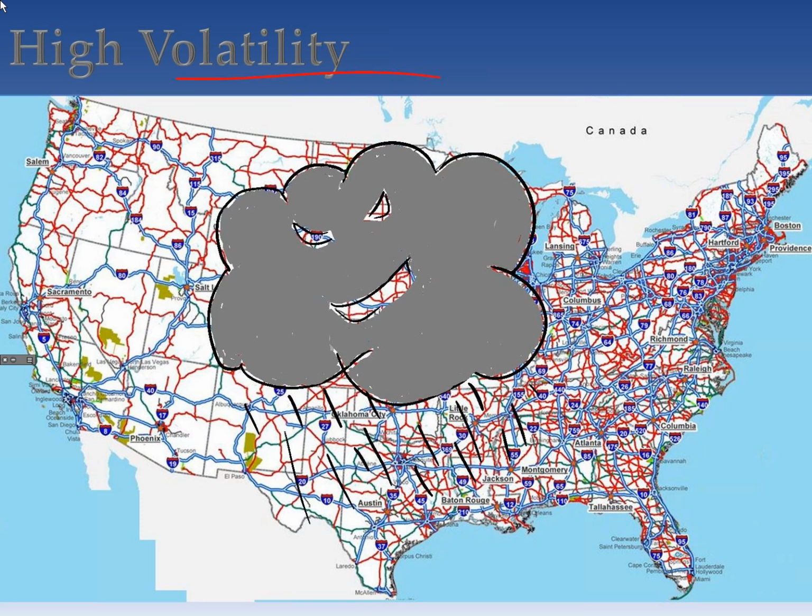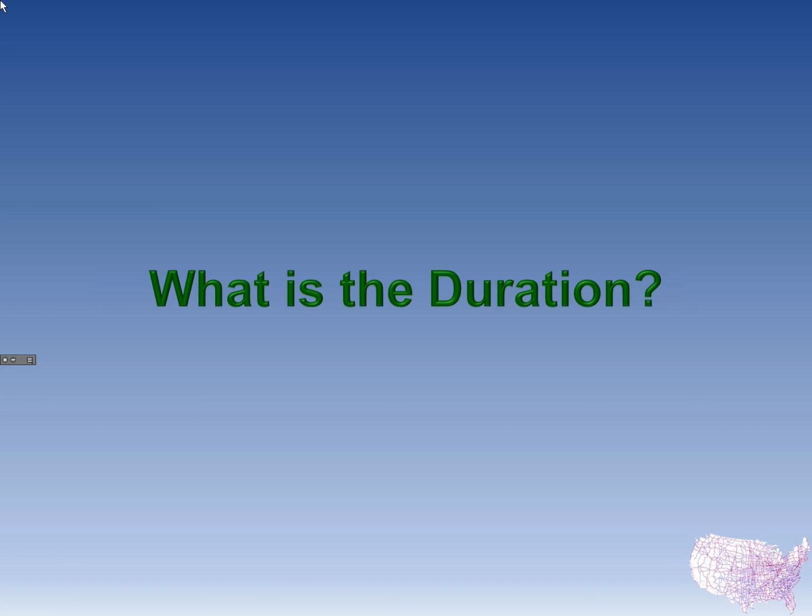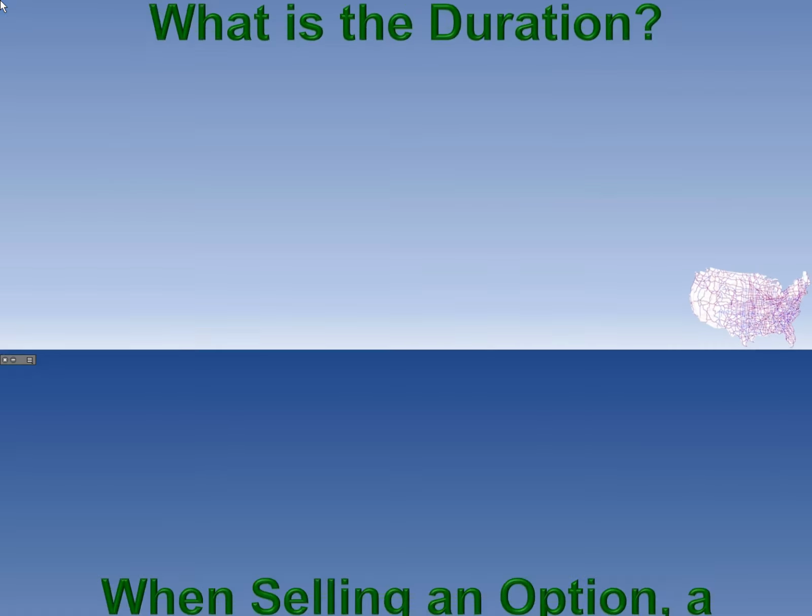But one of the things we also want to figure out is, if we have high volatility and I'm selling premium because I want to sell high premium and want that premium to go down, what do you think our duration should be in that option, based on our Greeks? Remember the Greeks? What did I say about that? The thief in the night. Duration is the thief. Well, if we have a thief and we're selling premium, we want that thief on our side, right? So I'm selling premium and I want the thief on my side. I want the duration to be relatively quick.